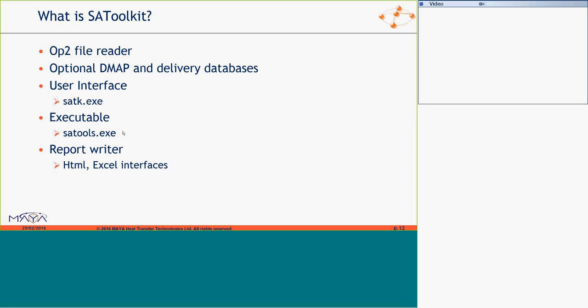Instead of having to freeze your desktop, and really to extract maximum performance, because these jobs can take time even if they're faster than our competitors. And then the SA Toolkit also has, if you want, a report writer. We write data to HTML pages. We populate Excel files, and we have macros that operate on the Excel files to give you report-ready results.